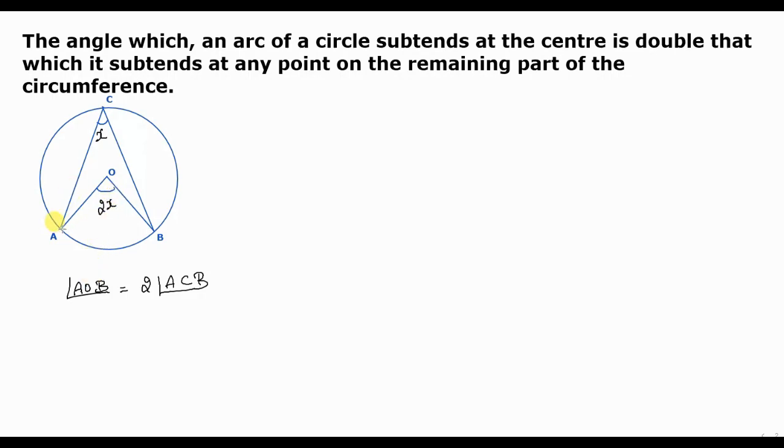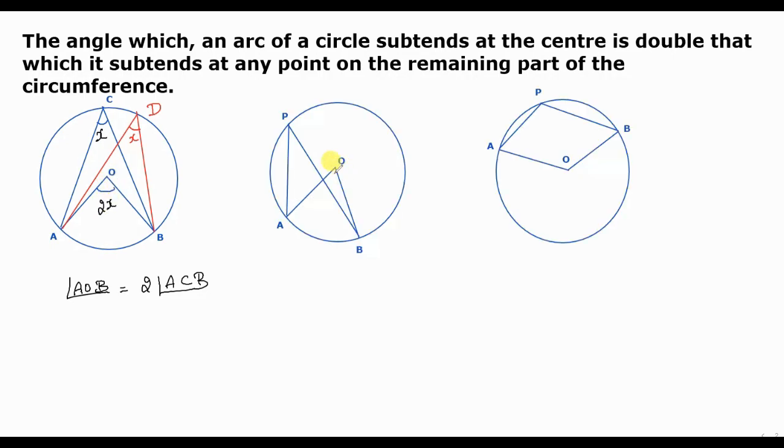Suppose from the point A, you have two chords like this connecting at some other point, let the point be D. Then here also the angle will be the same x, because it comes under the same property. The angle at the center will be twice the angle at the circumference. Whatever you have at the circumference, double of that will be the angle at the center.